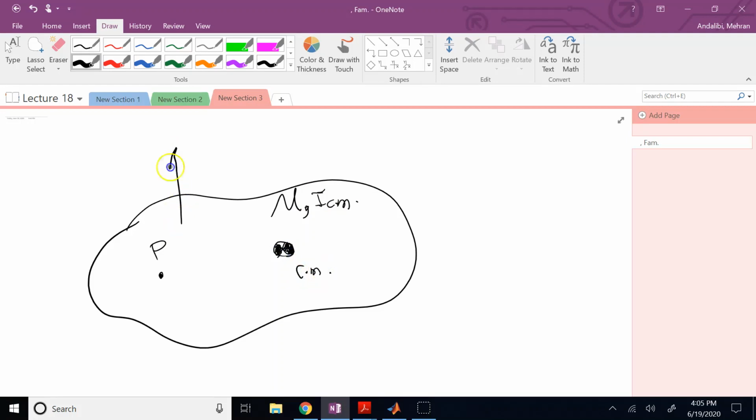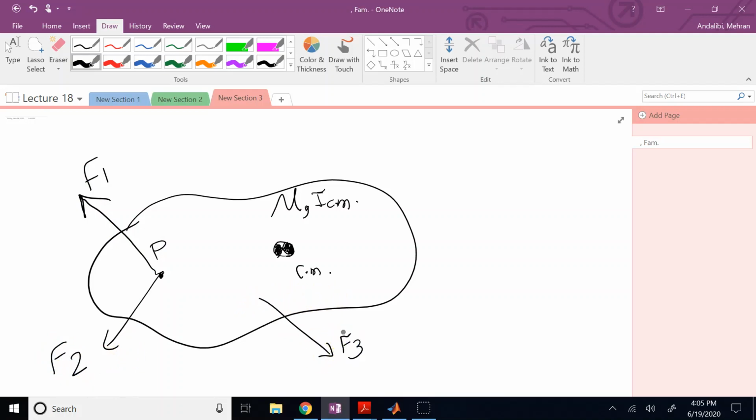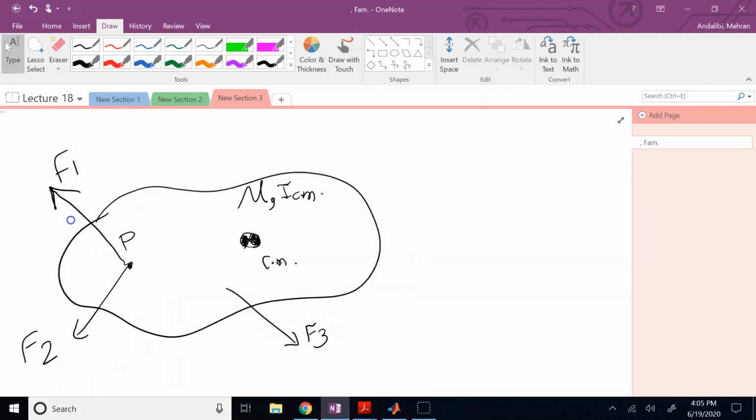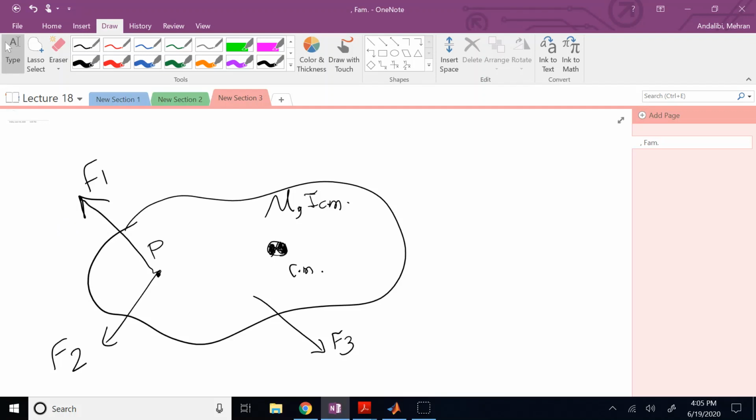And there are some forces acting on this object. Okay, F1, F2. And let's draw them actually from point P, because point P could be a point of interest. So let's say one of them is here, the other one is here, and then maybe there is another one here too, and so on. So you can say some of the moments